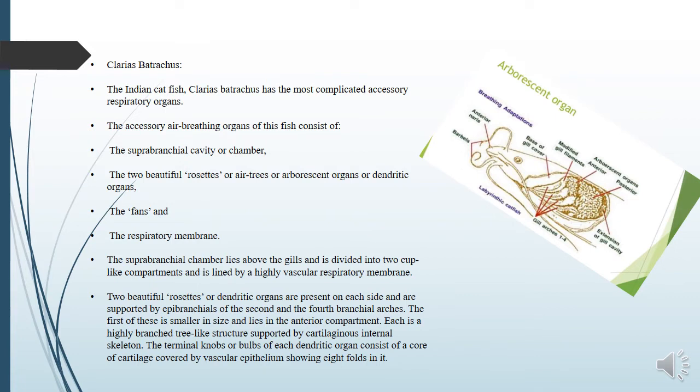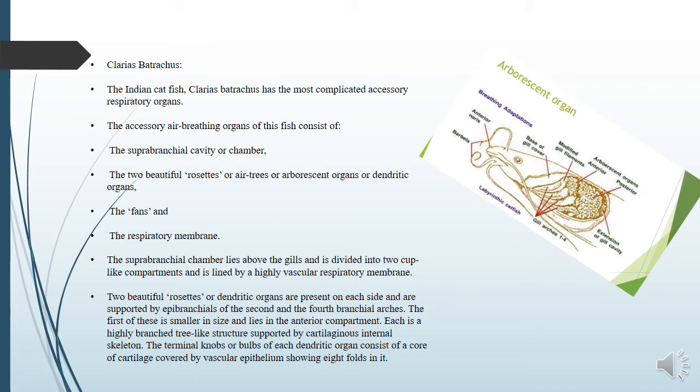Clarias batrachus. The Indian catfish Clarias batrachus has the most complicated accessory respiratory organ. The accessory air breathing organ of this fish consists of the suprabranchial cavity or chamber, the two beautiful rosettes or air trees, or arborescent organ or dendritic organ, the fans and the respiratory membrane. The suprabranchial chamber lies above the gills and is divided into two cup-like compartments and is lined by a highly